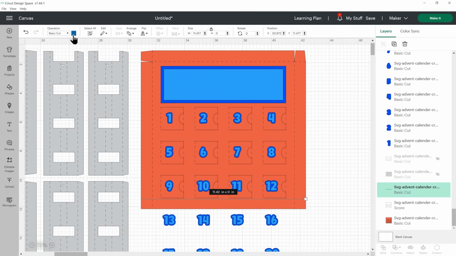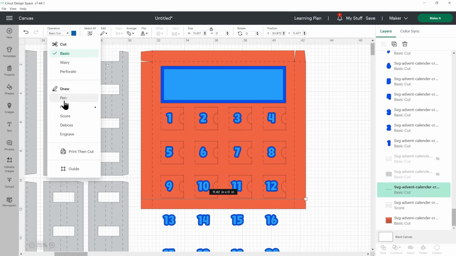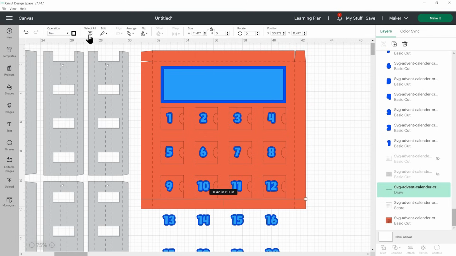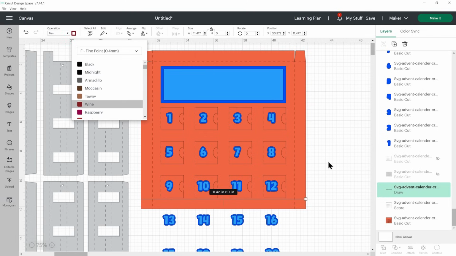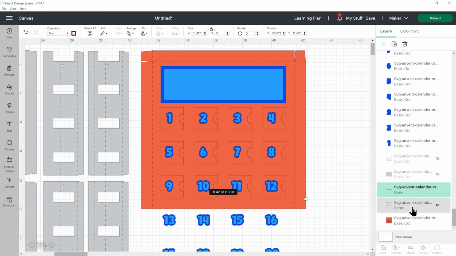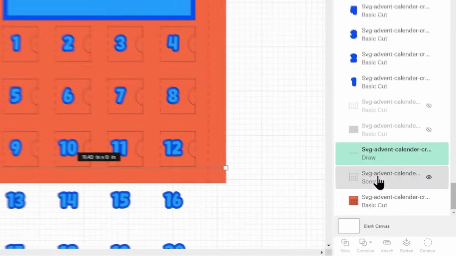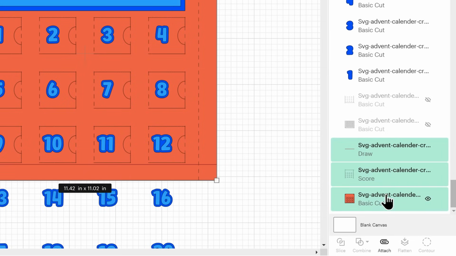This is going to be a pen line. You see it's blue here. Blue means pen. Let's go pen. And I'll make it that same wine colour. And then click on one. Because there's lots of numbers and things on top, I'm actually going to select these in the layers panel rather than clicking a box around them. So press shift on your keyboard and select all 3.